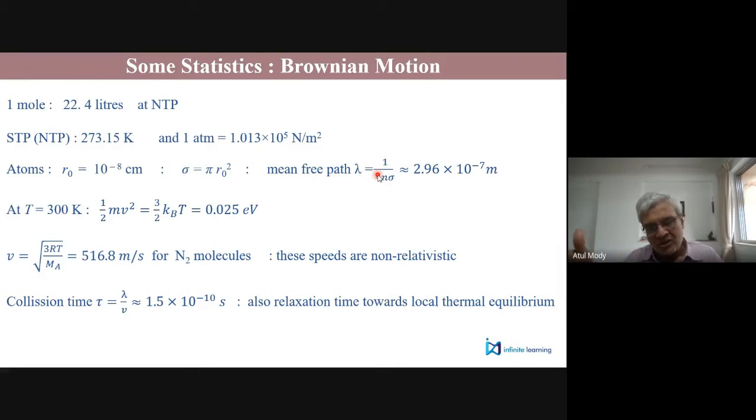So suppose your box is, let's say, half a meter and you divide by 500, it's 1 by 2,500, that will be about 4 into 10 raised to minus 3 seconds, which is 4 milliseconds. So in a millisecond time, definitely much smaller than 1/10 of a second, your chamber would be occupying half the gas on the left and half the gas on the right.